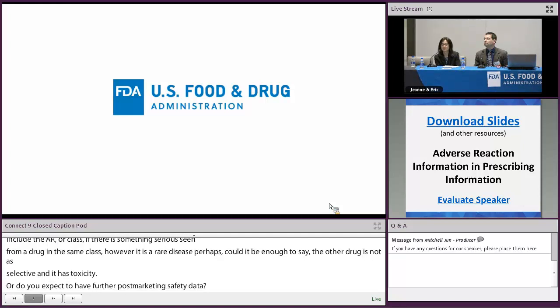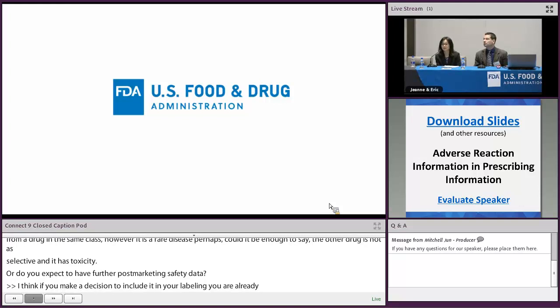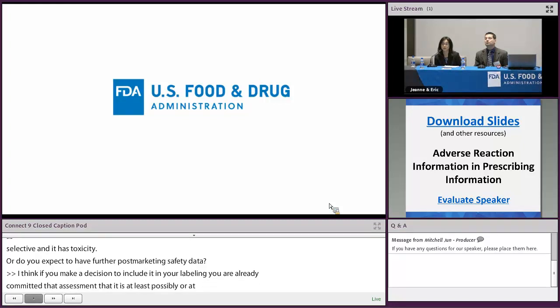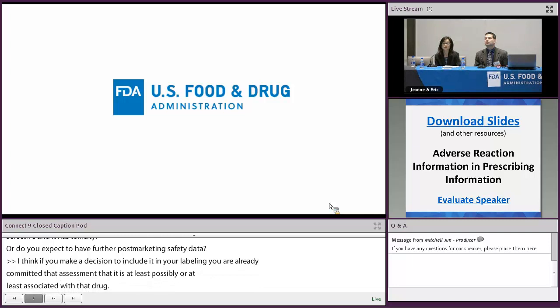I think if you make the decision to include it in the labeling, you've already committed to the assessment that it's at least possibly, or reasonably, associated with the use of the drug. So you want to make sure that your messaging isn't confusing. You don't want to hedge one way and then another, as if to say that you really don't know what's going on. If you don't really know and you don't think it's an adverse reaction,